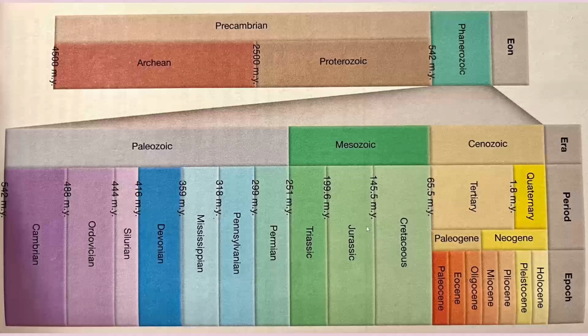And it kind of makes sense when you think about it, because what do we have to study from Precambrian time? Very precious little in the form of just some rocks and maybe zircons and things like that. But as you get closer and closer to today, you're going to have more evidence and fossils and things like that. So it kind of makes sense that you'd have more of these divisions as you get closer to the current period. But it is still kind of a confusing mess. So how do we get here?